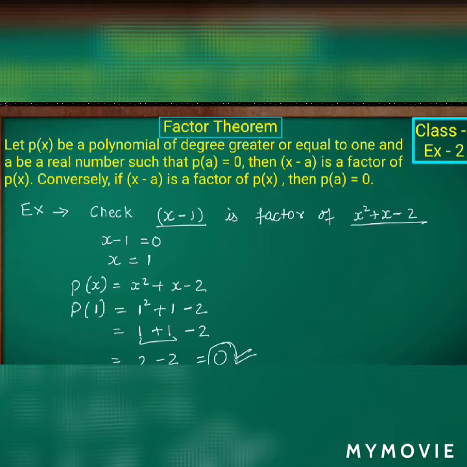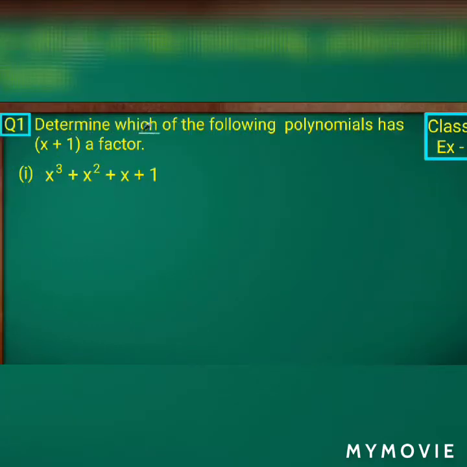The only thing is here we have to substitute the values of x in the given polynomial. It doesn't mean that it will have only x, it may be t, p, q, whatever the variable. The only thing is we have to equate g of x to 0. Then we have to find the value of the variable. That value of the variable should be substituted in p of x.